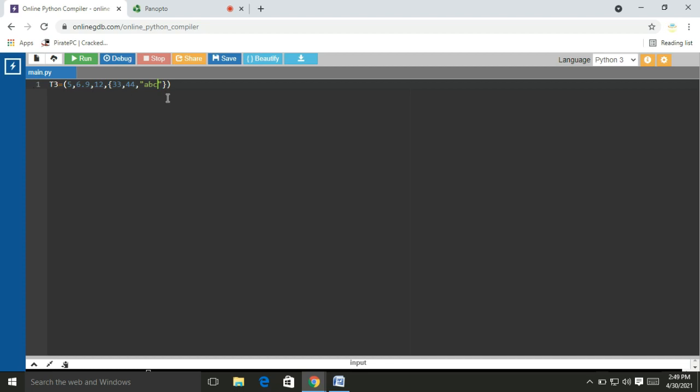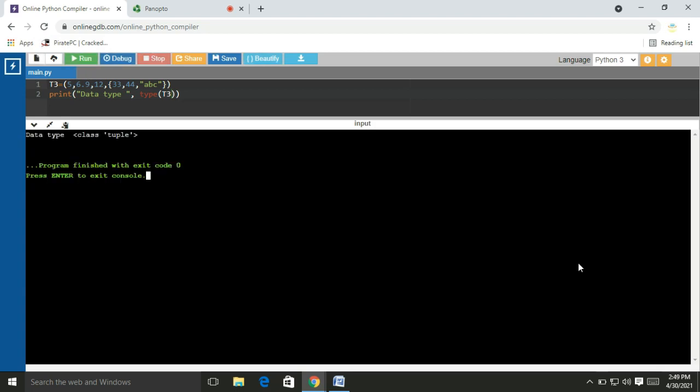First of all, I will check the data type of T3. Print, data type is, comma, type of T3. Okay, now T3 is a tuple.